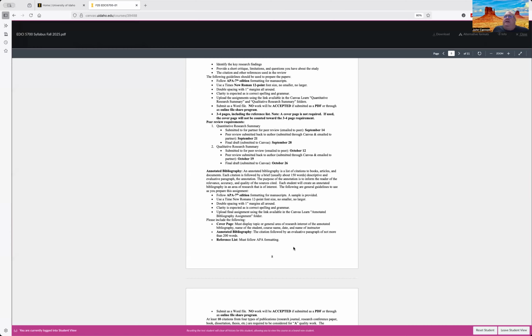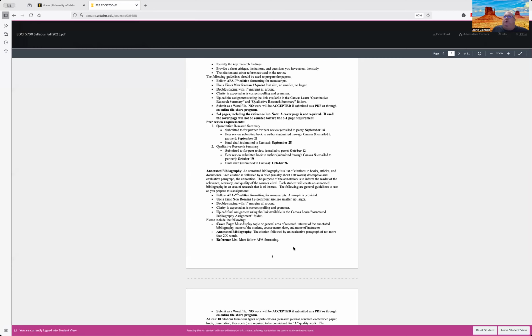Basically, you will have the reference citation in APA 7th, and then a descriptive statement called an annotation after that. It's usually about 150 words, and as we get into this assignment, I have a requirement of less than 200 words for each annotation.